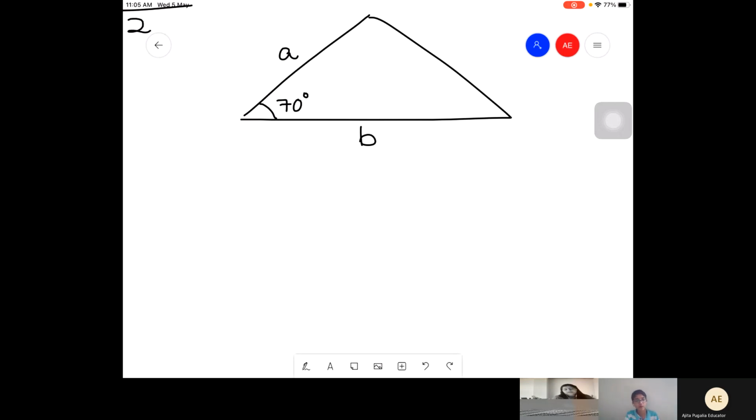So how do I get the area of this triangle? What if A is B? No, if A or B were the same, they would have mentioned it. They are not fools to give you different variables. They are giving you different variables, which means the values are definitely different. And they will never give you A and B, rather they'll give you numbers.